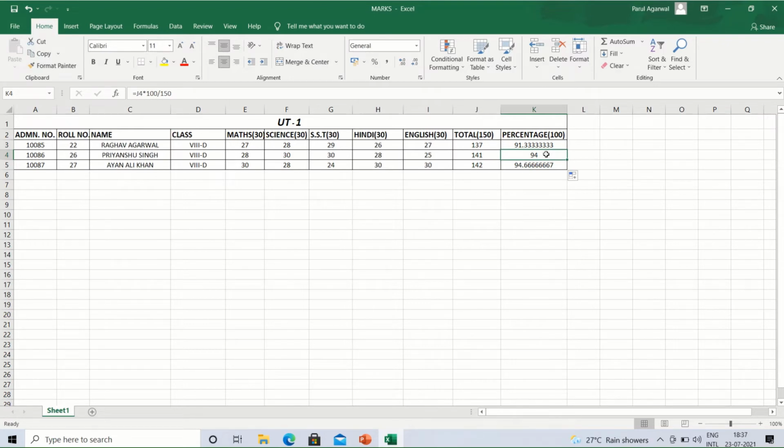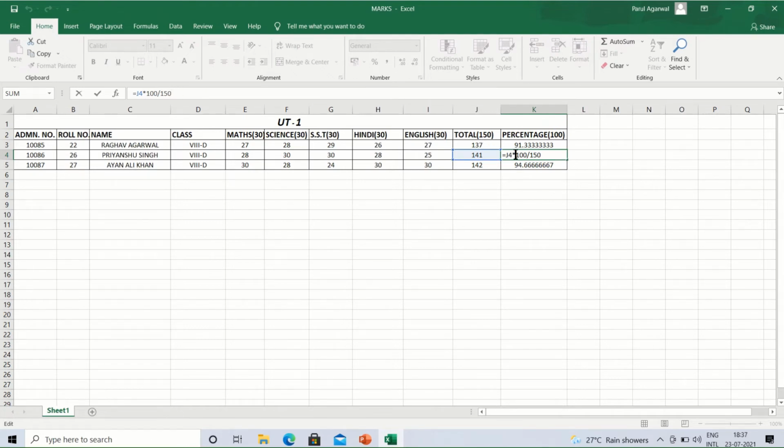We can check here that 94% was scored by the second student, Priyanshu, roll number 26. This is the formula given here, J4 into 100 divided by 150.